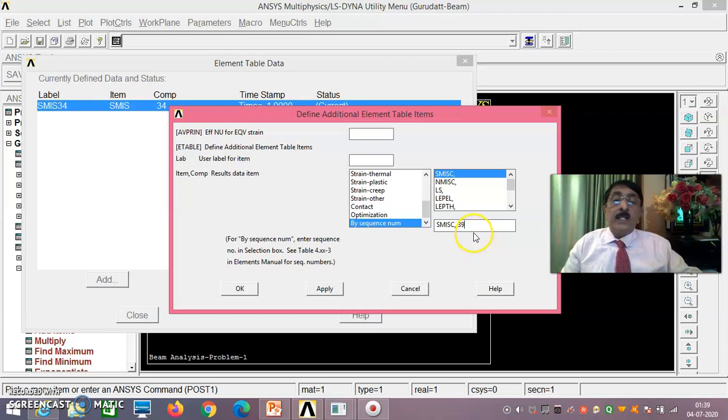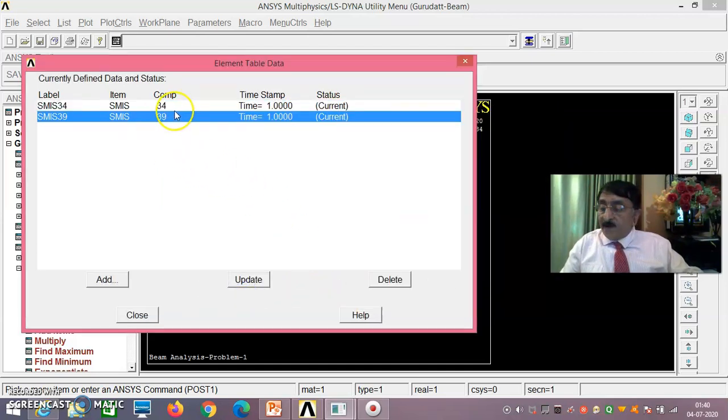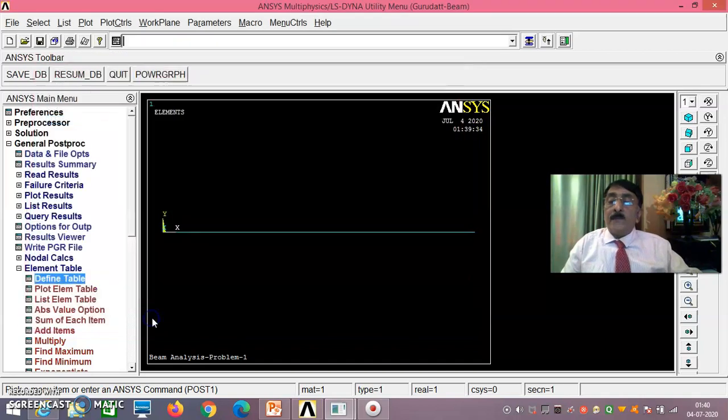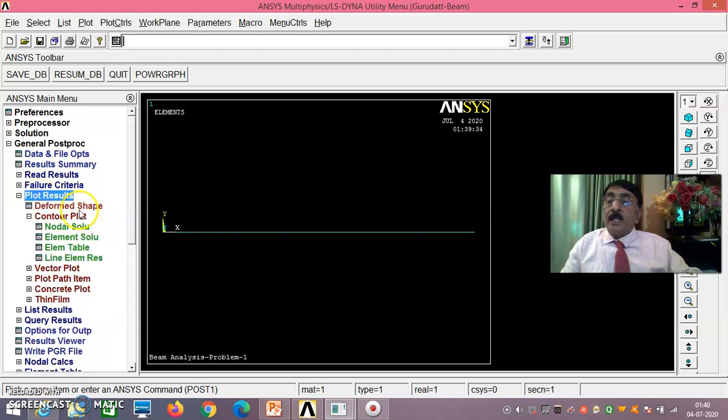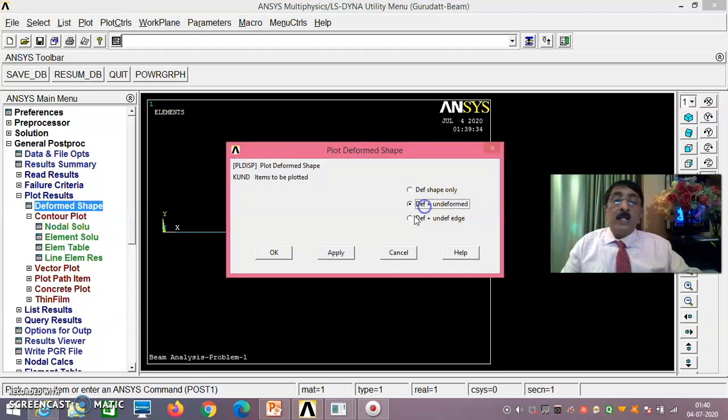What you find in element output definition table of beam 188. Okay, there you get. I have just taken that. That is, if you say okay, 34, 39 will give you bending stress diagram. Okay, bending stress diagram, and that bending stress diagram you should closely match with the answers what you got already. Okay, this you do. Then what you do is, now you say plot results, deformed shape you do, deformed plus